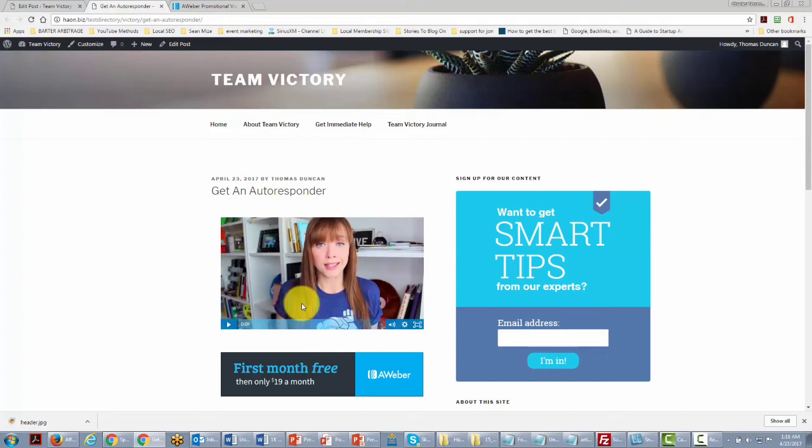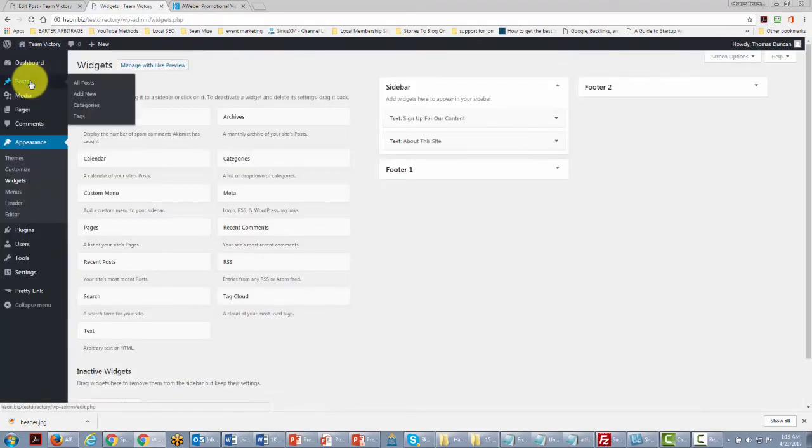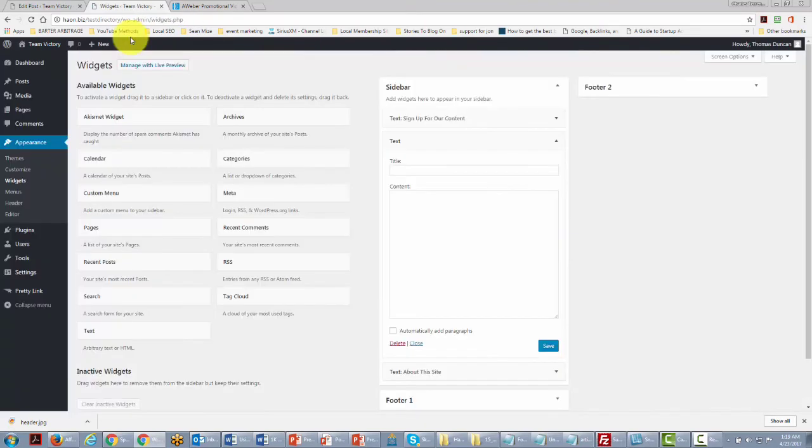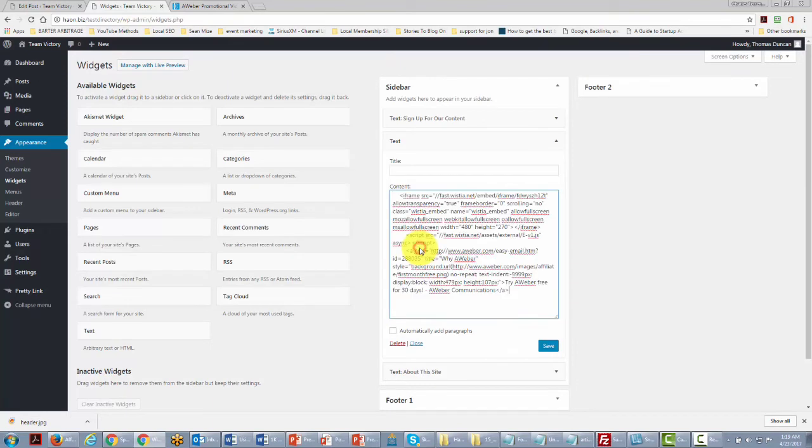Now, one of the other things that we can do is we can do the very same thing that we did with our autoresponder code, is we can put code in our widgets so that it will appear on all of our pages. So in order to do that, all we need to do is to go back to this area and find our widgets. And then we can actually take another text box. And when we get to that text box, all we've got to do is put our code in this area again. We'll click Save,